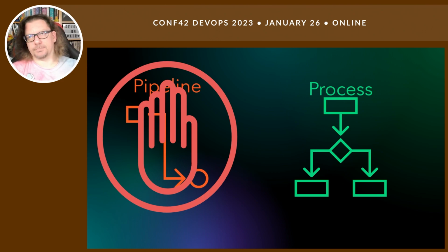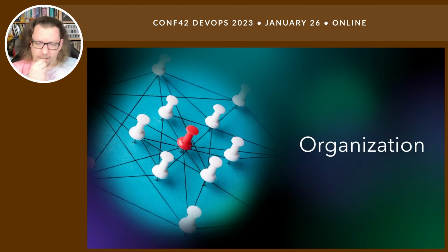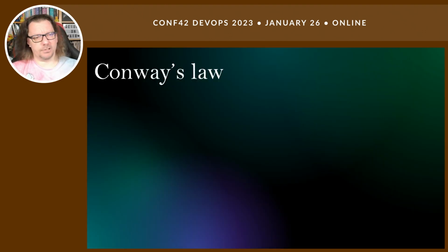And in order to start properly, as a first point, we need to take the organization. Why is that? Because of a couple of things, really. And this is very important. Something that we very often, maybe not forget, but we don't see it. We don't have it in our minds when we do our daily work. So why organization? Because of a couple of elements, and one of the most important is Conway's law.